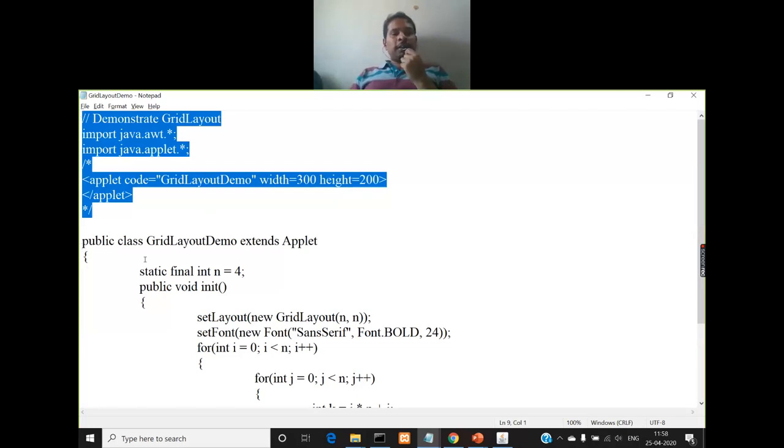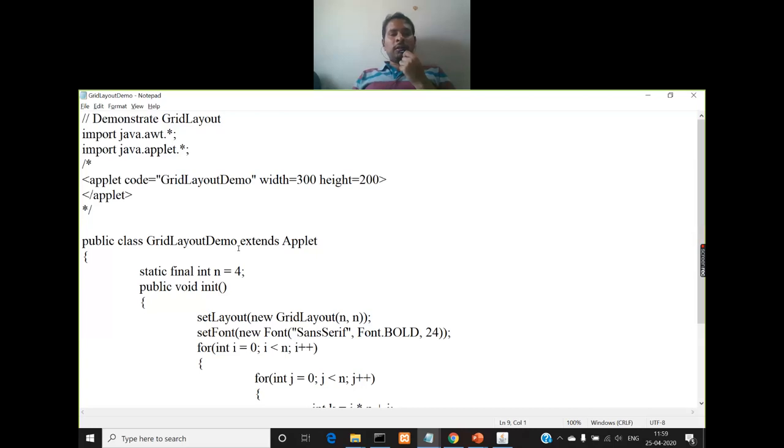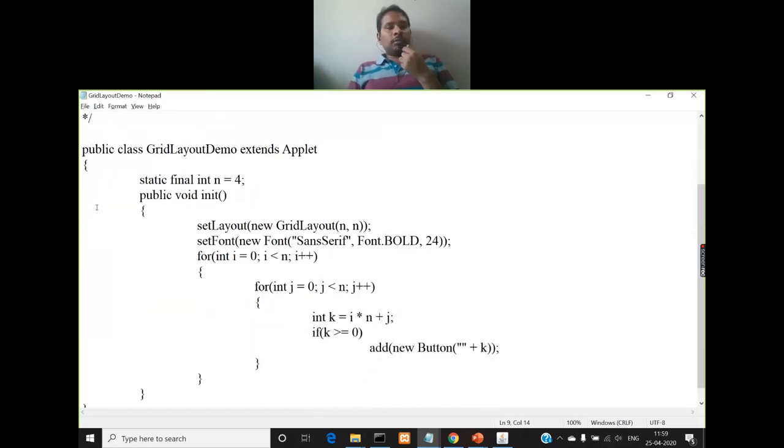So we are defining a class called GridLayoutDemo and just extending it with the Applet class. So we are not implementing any listener interface because we are not responding to any event. So our focus here is only to show how a grid layout will lay the components, right? So let us go into the class definition.